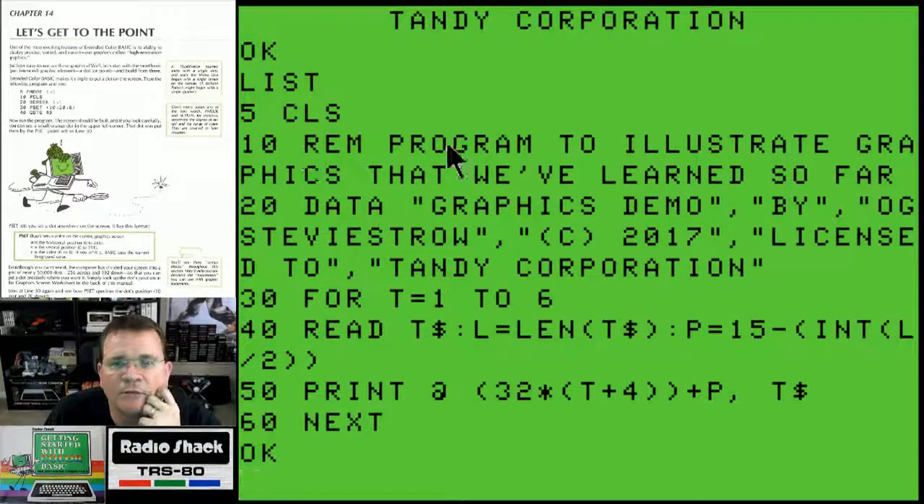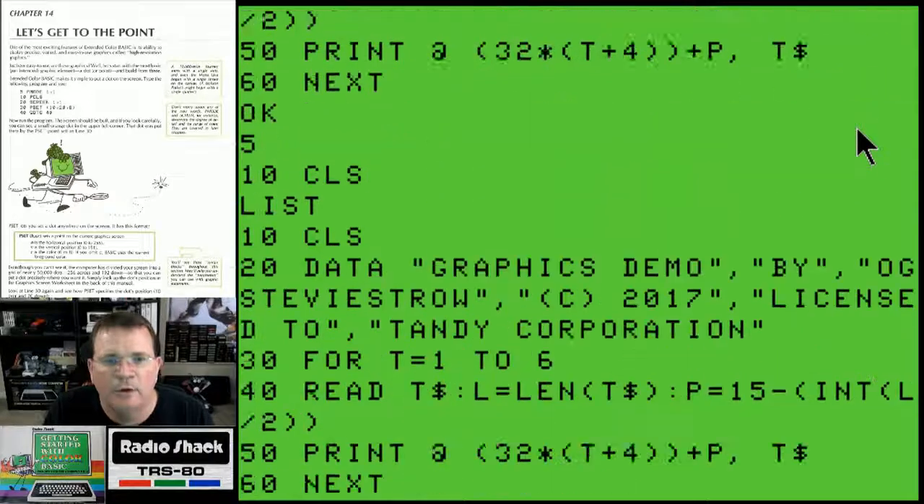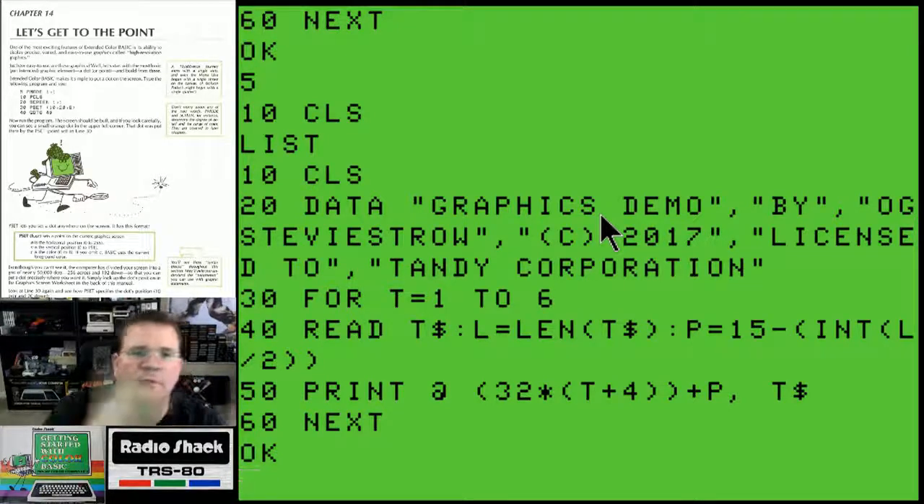Line 5 cleared the screen. Line 10 we don't even need. Let's get rid of line 5 and just make line 10 CLS. We kind of know what this thing's doing. So 10 says CLS. Line 20 has got data statements, and because these are strings, I wrapped them in quotes. So I've got graphics demo, comma, by, comma, OG Stevie Stroh, comma, copyright 2017, comma, licensed to, comma, Tandy Corporation. So I've got 6 pieces of string data in a data statement